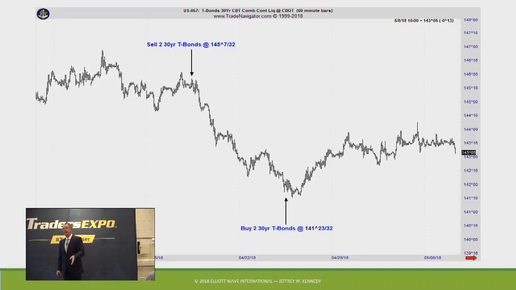The trend is your friend, and honestly, I have no doubt every one of you at one point or another have bottom ticked or top ticked the market. Haven't you? Okay, we all have at one point. But can you do it day in and day out, week in, week out, month in, month out? No, and I don't know anybody who can do that.